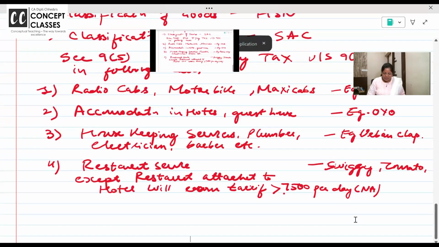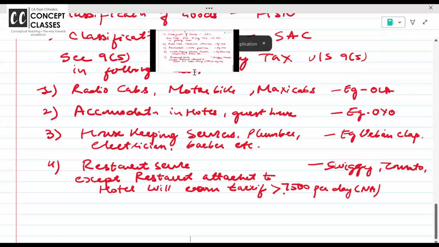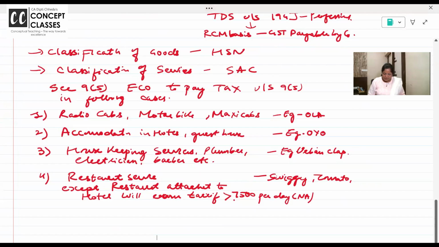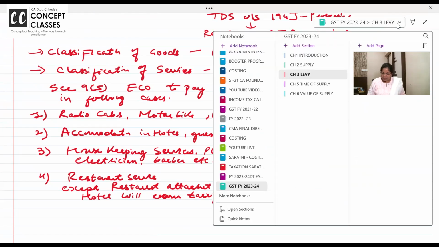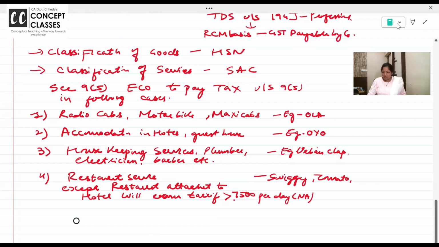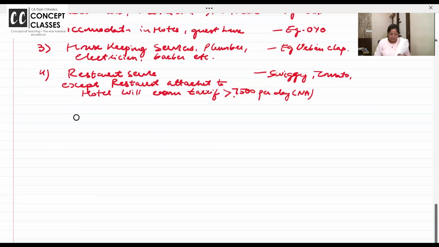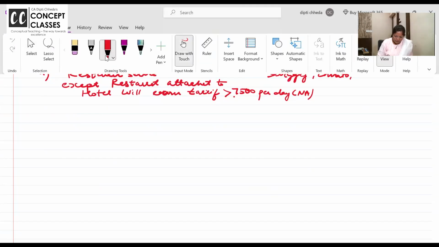Someone can please share these amendments in the group. Look, we wrote these yesterday, especially the e-commerce operator. Till last year it was only radio cabs. Now they have added accommodation and hotels, housekeeping, restaurant, all this also. So if you can just share it in the group, in the WhatsApp, whatever way you have written, no problem. Chalo. We will take up right now